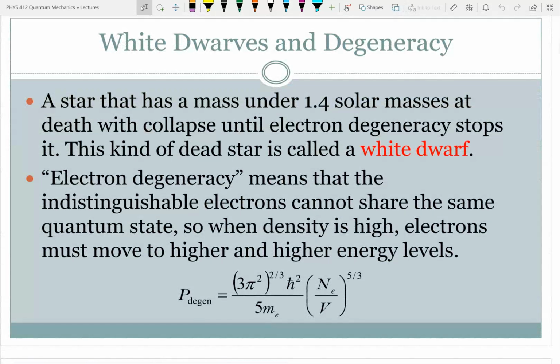So first, if you have a star that dies with a mass that's under 1.4 solar masses, the 1.4 solar masses is called the Chandrasekhar limit. And that's a very carefully calculated limit, but what the answer is depends on what your assumptions are. If you use standard physics, you get 1.44 solar masses. If you use relativistic physics, you get 1.39 solar masses. So somewhere around 1.4 solar masses is the maximum mass that you can have and be held up by electron